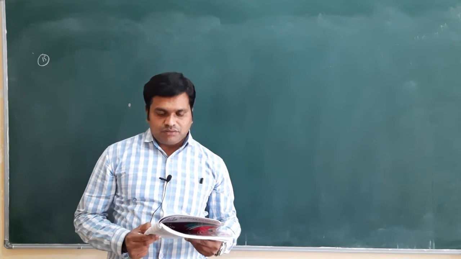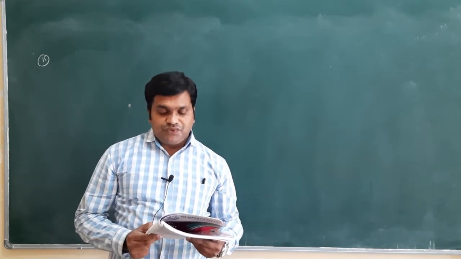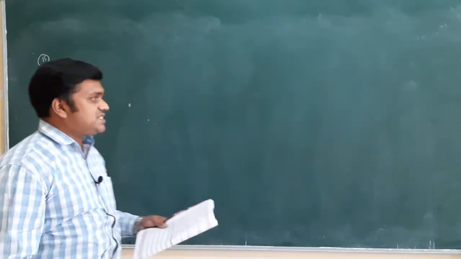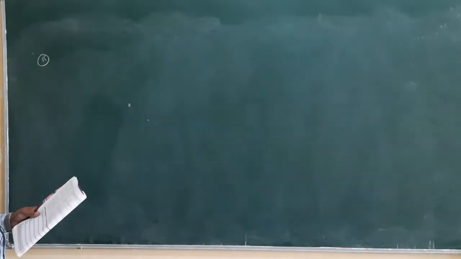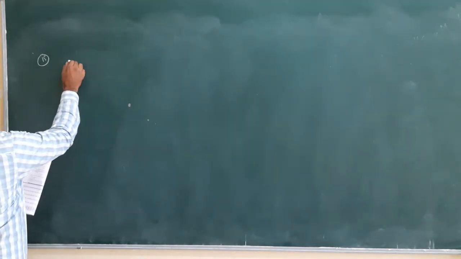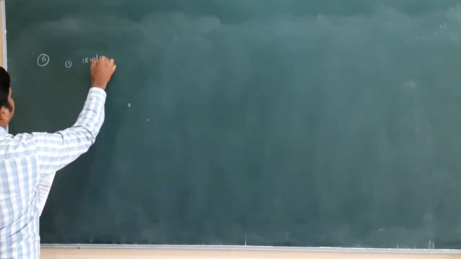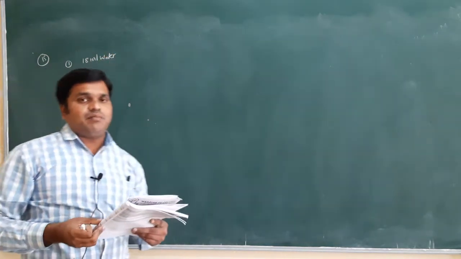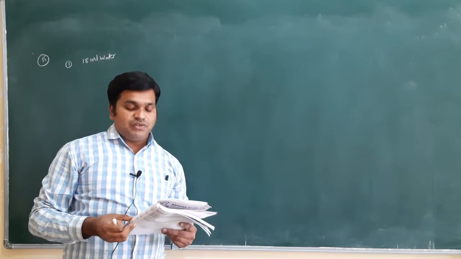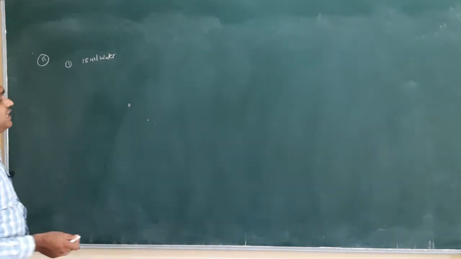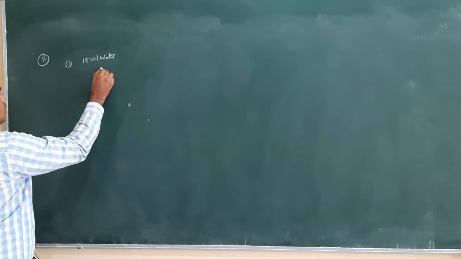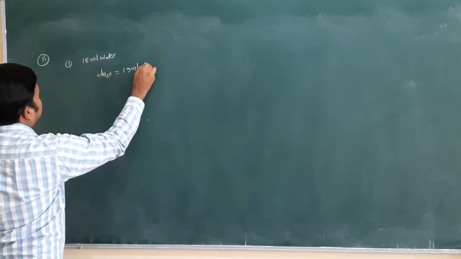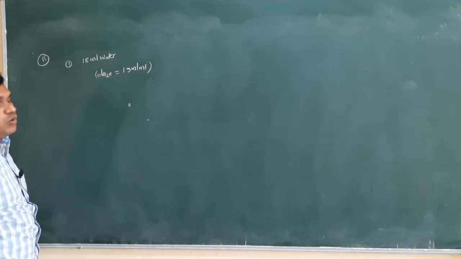The next question we have is question number 15. In which case is the number of molecules of water maximum? They are asking for the number of molecules being maximum. The first option is 18 ml of water. We will first find the number of moles. Generally, what is the density of water? Density of water is equal to 1 gram per ml. That means 1 gram is equal to 1 ml only.